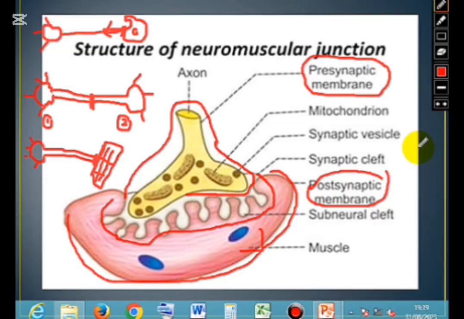Now look, for the neuronal synapse that is formed between two nerve cells, the first one is known as the presynaptic body, please. And then the second one is known as the postsynaptic body. If that synapse is between a nerve cell and the muscle, then the nerve cell is